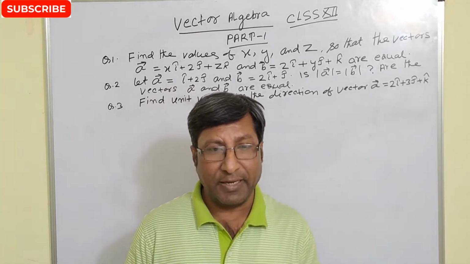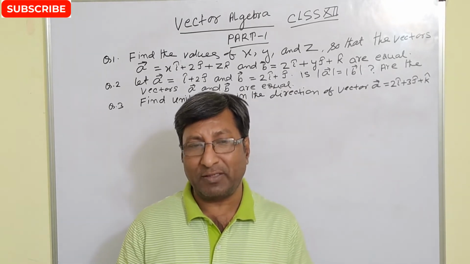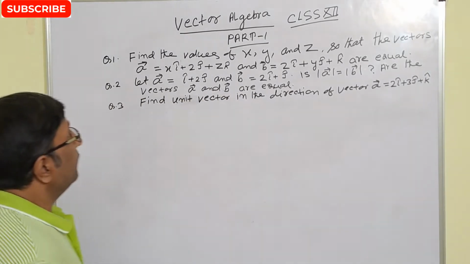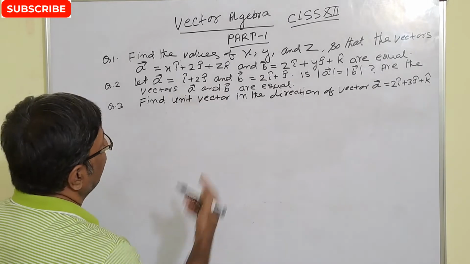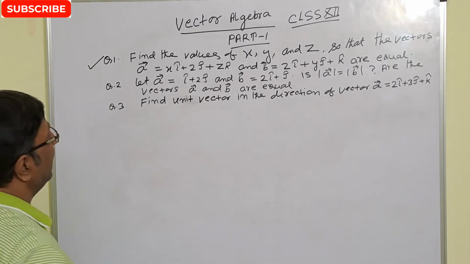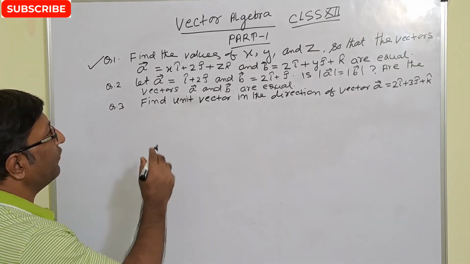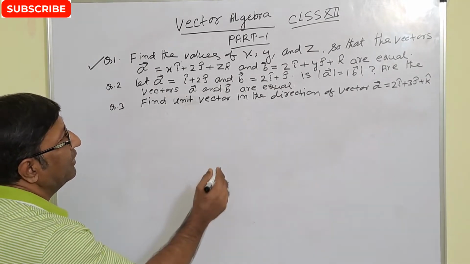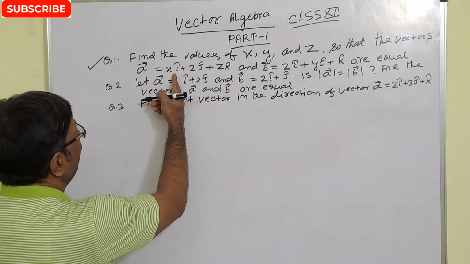आज हम लोग क्लास 12 वेक्टर अलजेब्रा के बेसिक से हाई लेवल की क्वेश्चन जानेंगे। तो देखते हैं बेसिक अलजेब्रा क्लास 12 पार्ट 1। वेक्टर अलजेब्रा पार्ट 1 क्लास 12 के अंदर सबसे फर्स्ट क्वेश्चन देखो। फर्स्ट क्वेश्चन हमारा है फाइंड द वैल्यूज ऑफ एक्स वाई एंड जेड so that the vectors A vector